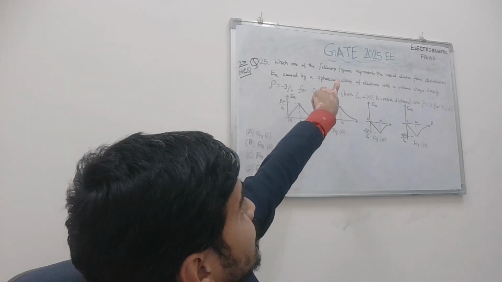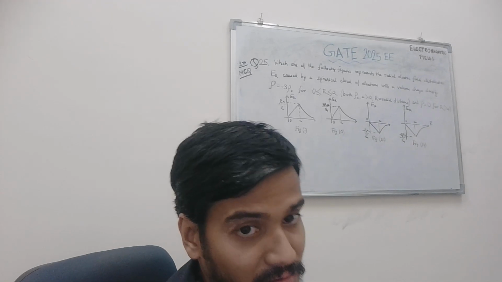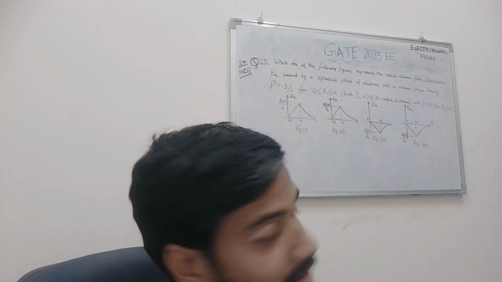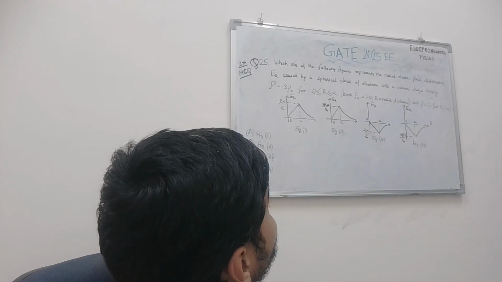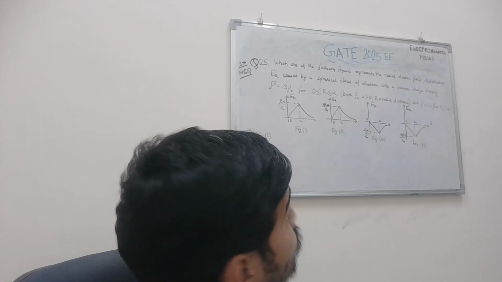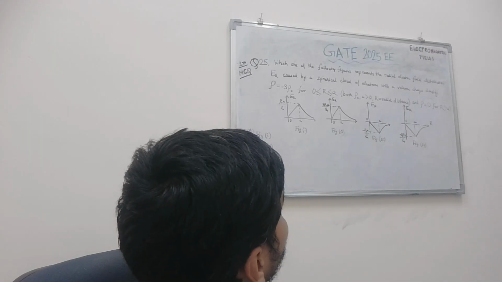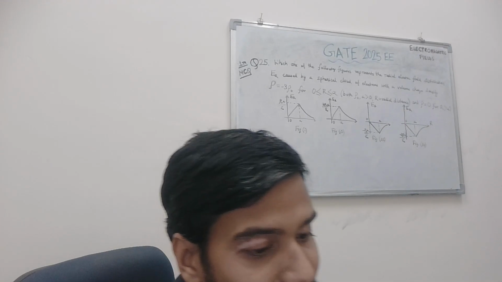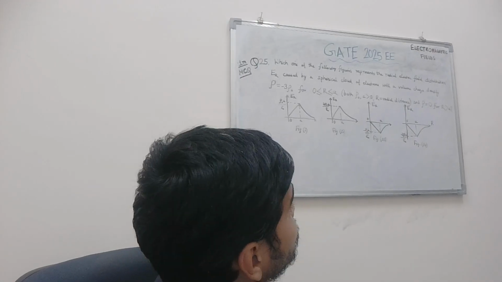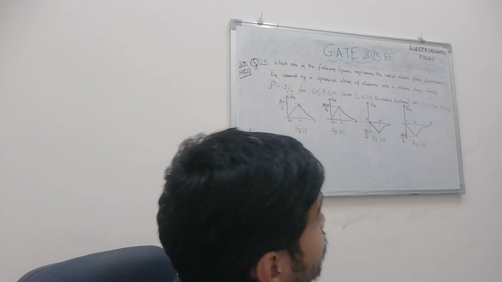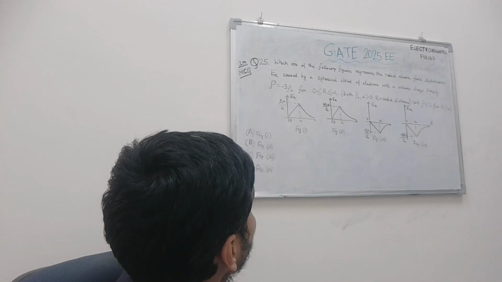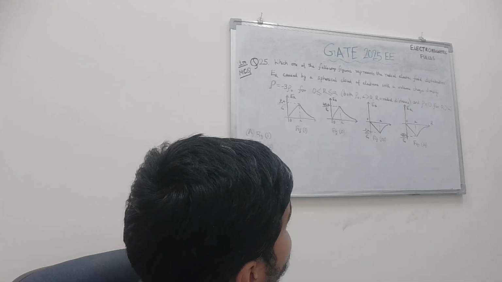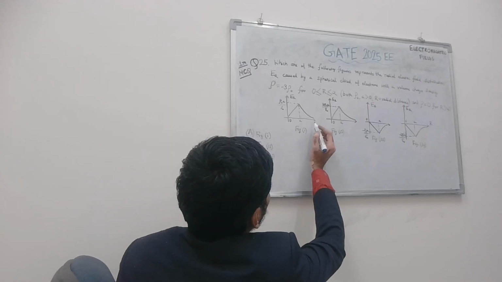type that came in GATE 2025 electrical engineering from the subject electromagnetic fields, and the question goes like, which one of the following figures represents the radial electric field distribution ER caused by a spherical cloud of electrons with a volume charge density rho equal to minus 3 rho naught for R greater than equal to 0 and less than equal to A. Both A and rho naught are positive and R is the radial distance, and rho equal to 0 for R greater than A. Options are given as A figure 1, B figure 2, C figure 3 and D figure 4. 4 figures are given which represent the radial electric field distribution.